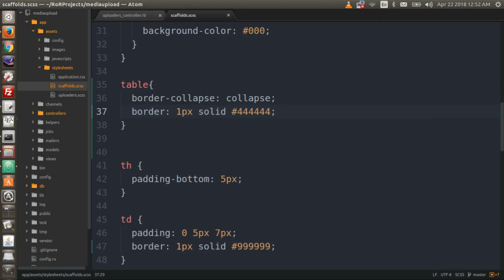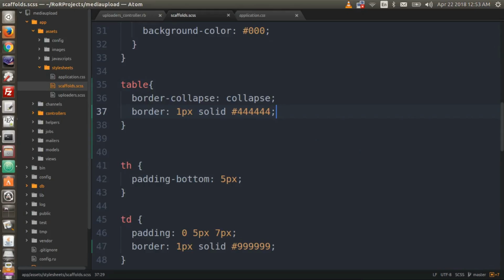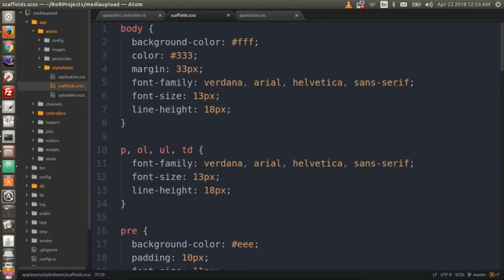Back to the browser and refresh. Go back to the main page. There we have a table. So let's center everything here. First let's scroll all the way up and let's give it a body background of a little darker gray or a light gray. EE. And then go to the